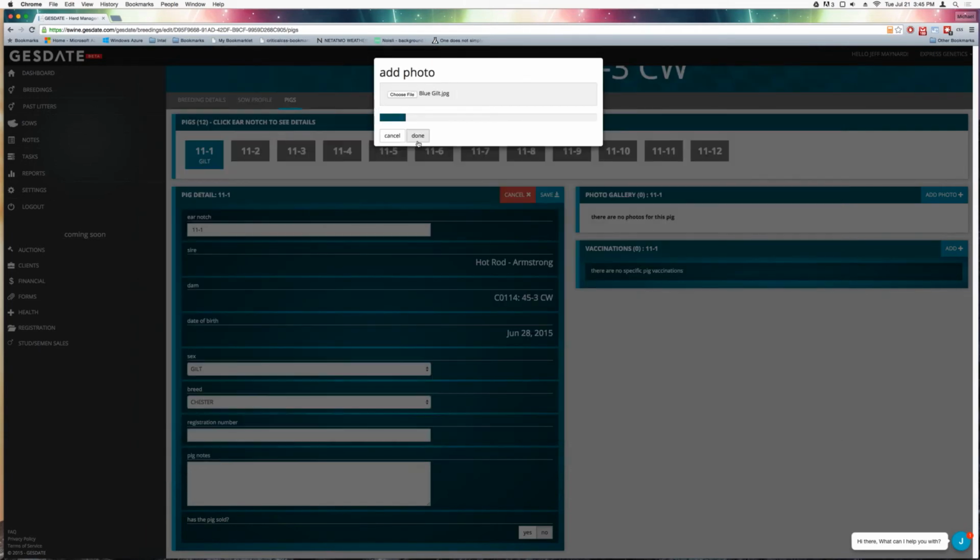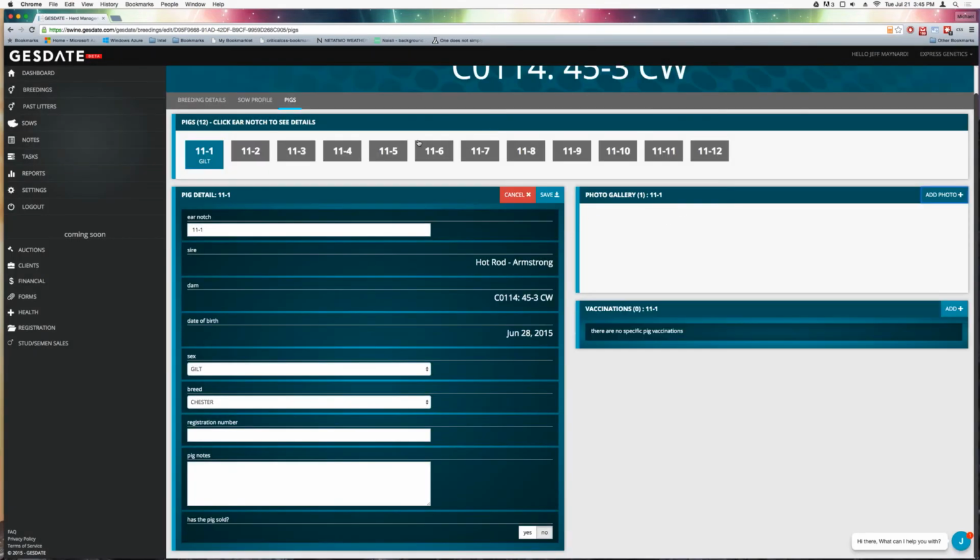And let's say that you are conducting online auctions. This is a great way for you to add those photos for those individual pigs that you have sold. And now it's going to be in that hog's profile forever. And you also will be able to add any photos if that hog went out and won one of the